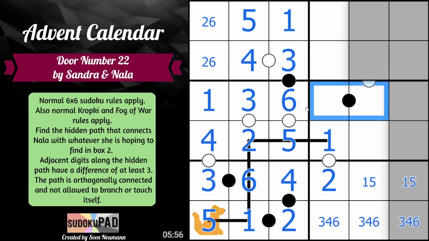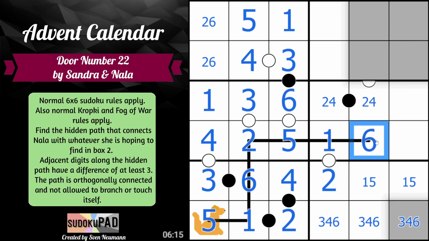This can't be 3, 6. It can't use 1. So it must be 2, 4. Which means this, no matter what, can't go this way. So it'll have to go this way. This to be at least a difference of 3. Can't be 4 or 5, so it must be 6. Then,